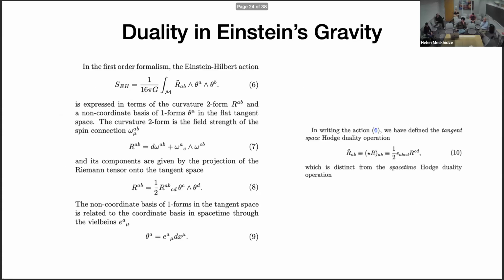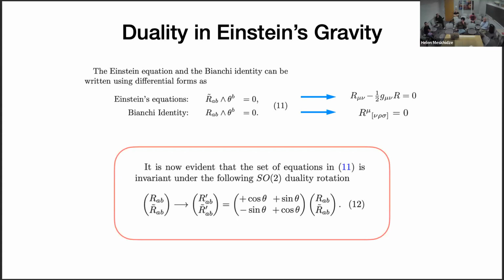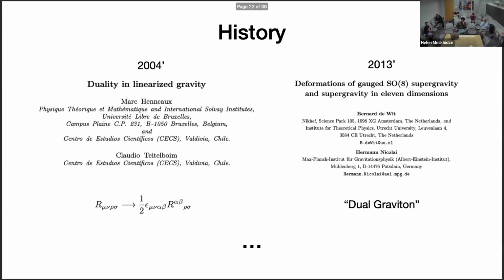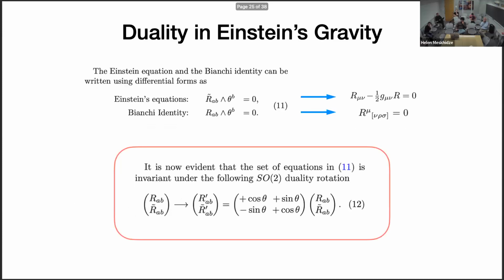Yes, but one thing I would say is that this duality operation boils down to this in the linear approximation. So I think that was Dominique, right? So Dominique, all the results that you know, perhaps in the linear theory, about the decomposition of the Riemann curvature into electric and magnetic pieces follow from that, but that's more general. Does that answer the question, Dominique?